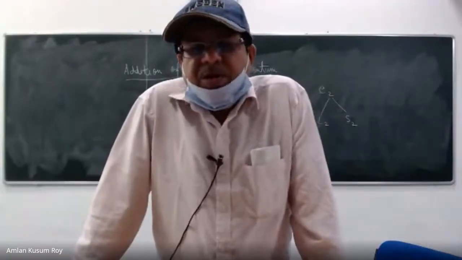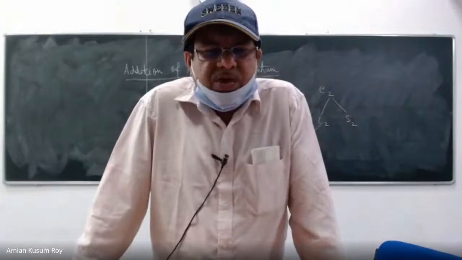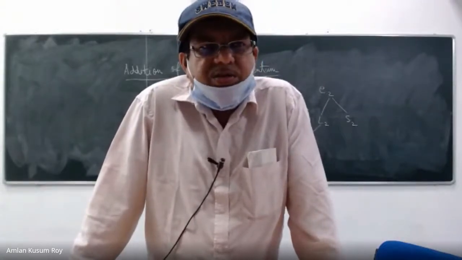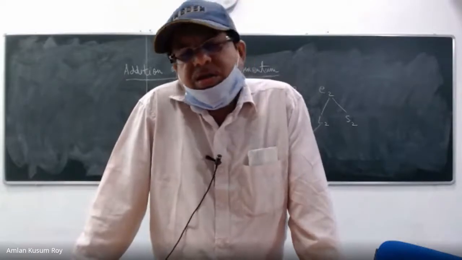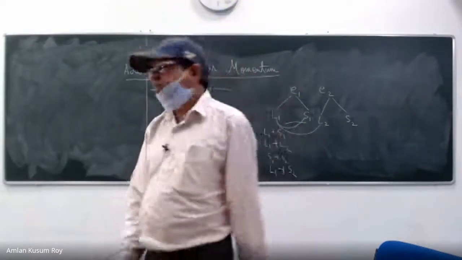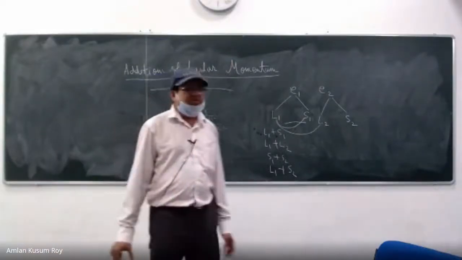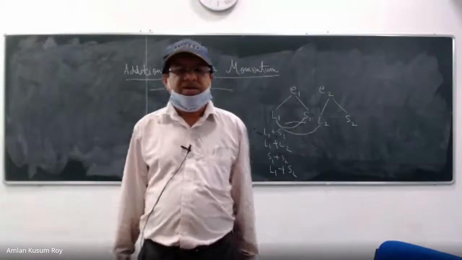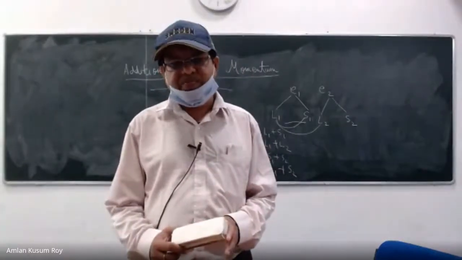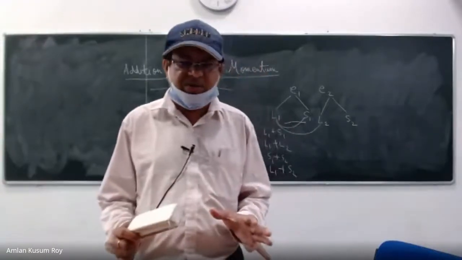But you know that there is spin. So the consequence of spin, what does spin do to the discussion that we had yesterday? What it does is that your energy values do not change. Your energy values do not change if you include the spin. You understand? So minus 1 over 2n squared still remains minus 1 over 2n squared.